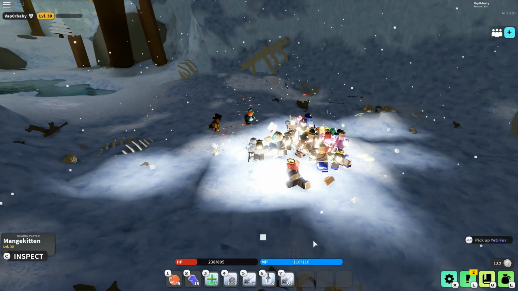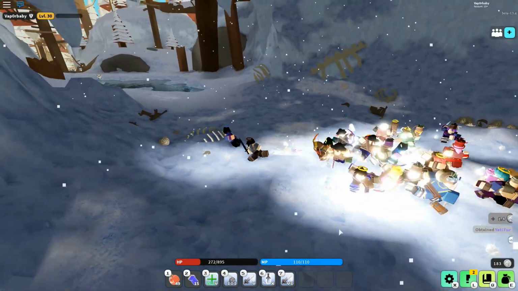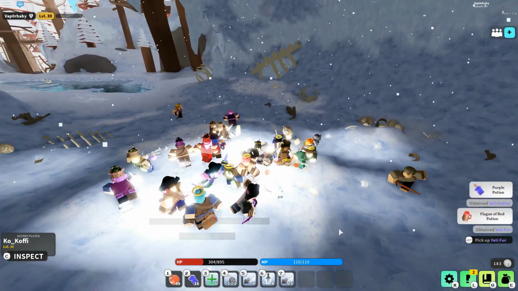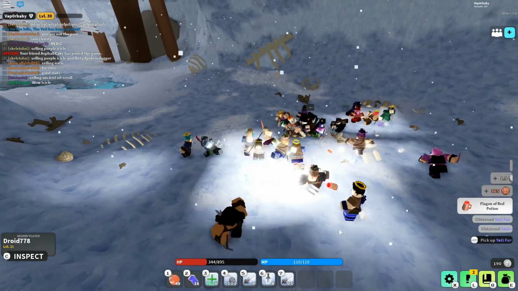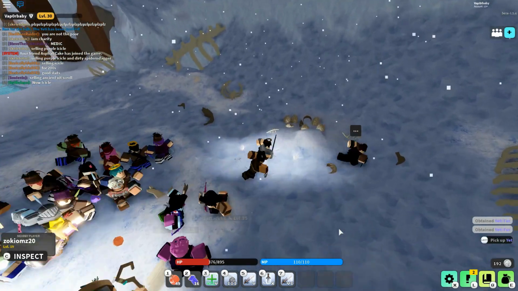So as you can tell, everybody got all of their items, and what we got was Yeti fur, Yeti antlers, we've got purple potions, we got a red potion. So we are picking up some silver and some bronze, so this is a really good area if you guys want to just, you know, come here every hour. Just remember,